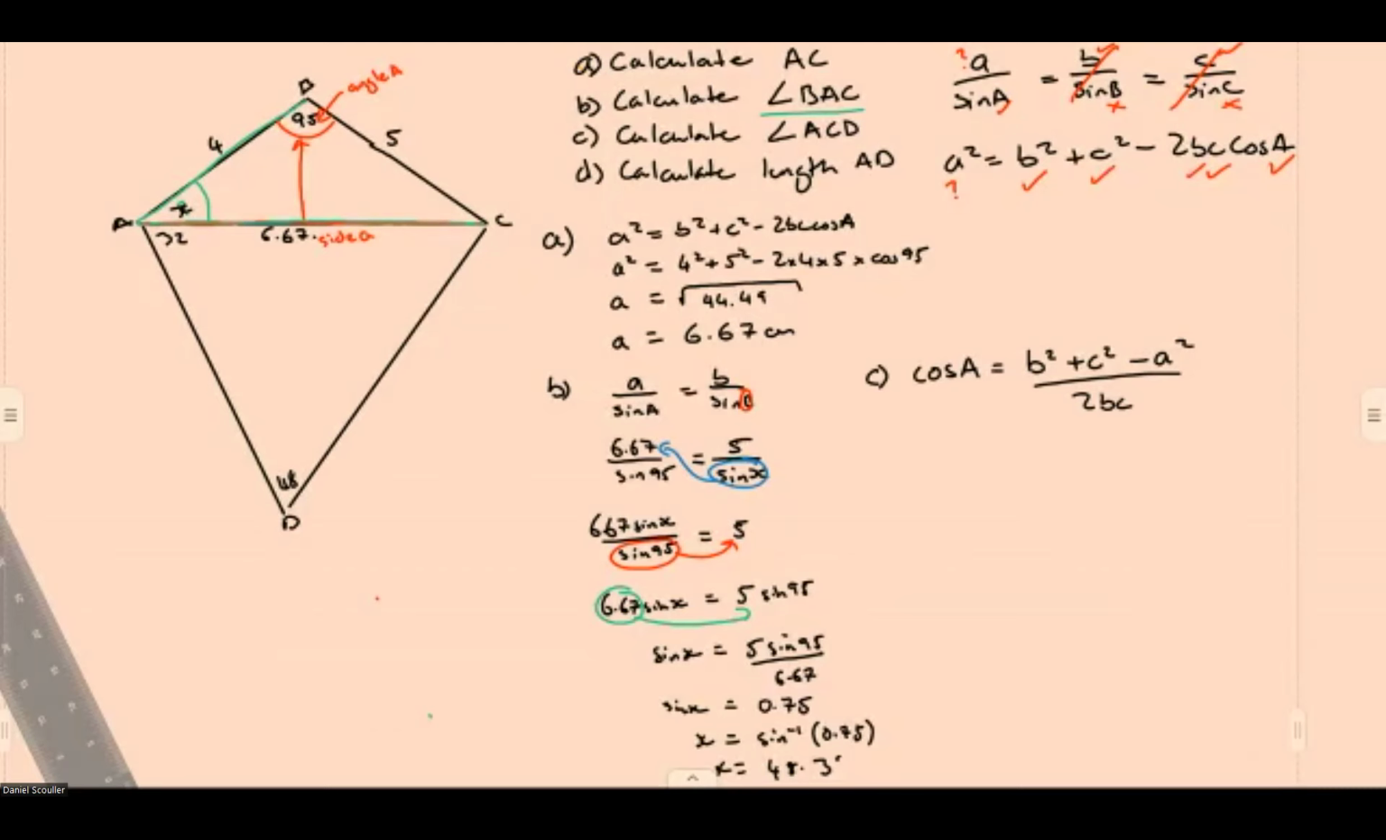So your unknown angle, across from it would be 5. You have 4 squared plus 6.67. Yep, you've got enough information, so you can use cos A as well. And you should get the same answer. So you can use both. So 4 squared plus 6.67 squared minus 5 squared, divided by 2 times 4 times 6.67. And then